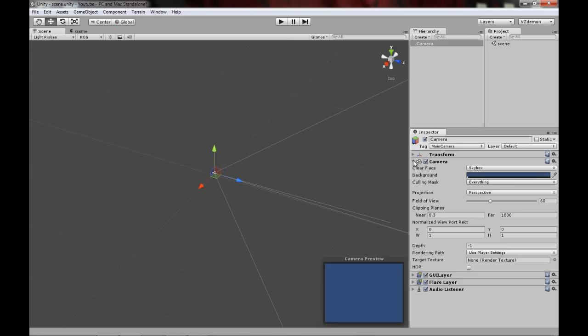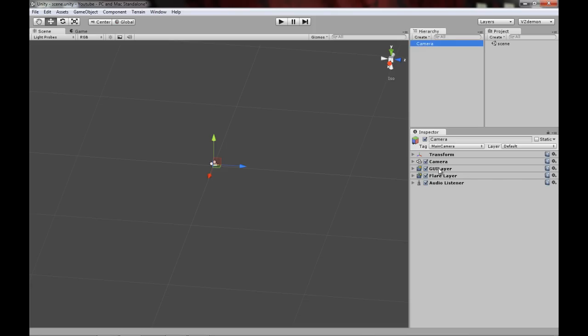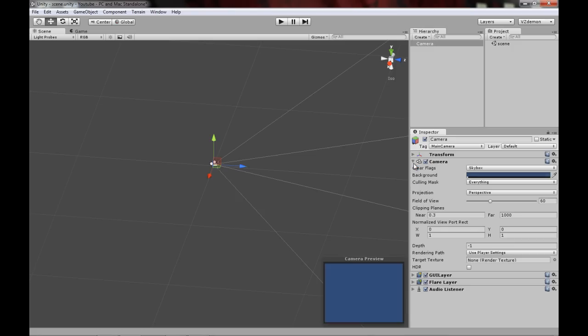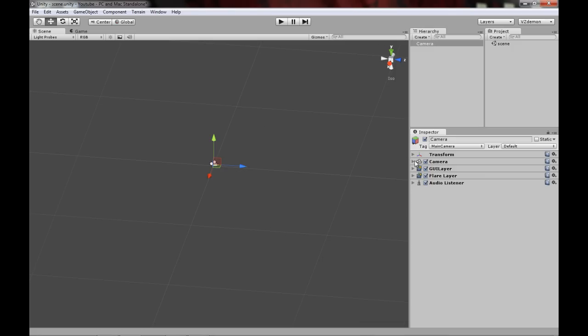Now, second of all, you see this camera script, which is the script that draws all these lines here and sees everything. It even gives you a preview, and it gives you a nice icon on your game object, which rotates towards it. Anyways, all these things are done by the camera script that is attached to the camera game object. So without this camera script, this game object is basically useless. It's just a holder, you know. So this is actually a game object that contains a camera. And then you see we have more stuff here like GUI layer, flare layer, audio listener. I don't really know what these scripts do. I just know what camera does. I think these are for the camera. Anyways,